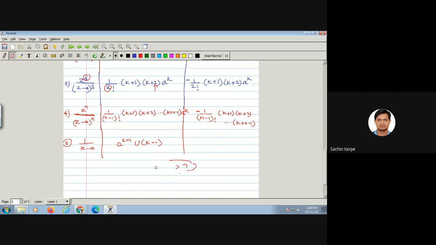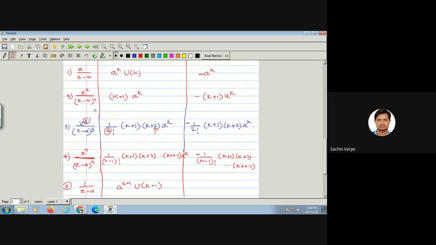See, if you want to prove this, you can prove it easily. Suppose for example, for the first one the proof is not needed, we already have discussed. For the second one, if I go from this side, because this is the z transform of this we're mentioning, right? So if we consider this as a function and if we obtain its z transform, we will get it to be this.